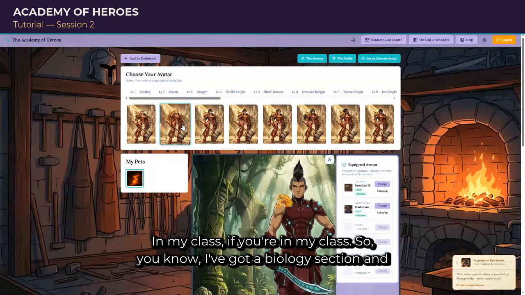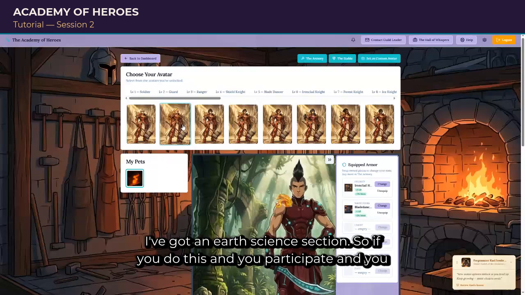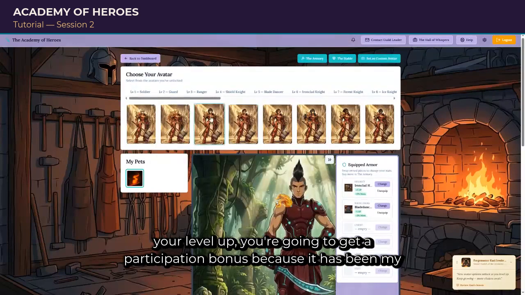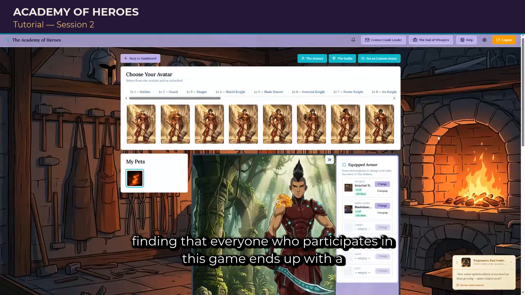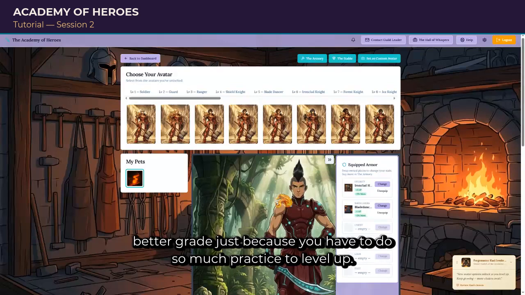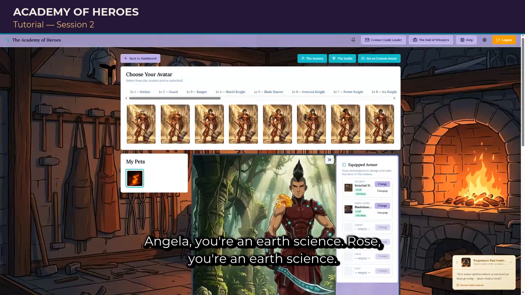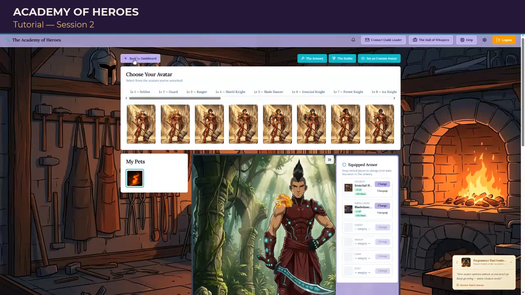In my class, if you're in my class, so I've got a biology section and I've got an earth science section. So if you do this and you participate and you get your level up, you're going to get a participation bonus, because it has been my finding that everyone who participates in this game ends up with a better grade, just because you have to do so much practice to level up. Angela, you're in earth science. Rose, you're in earth science,